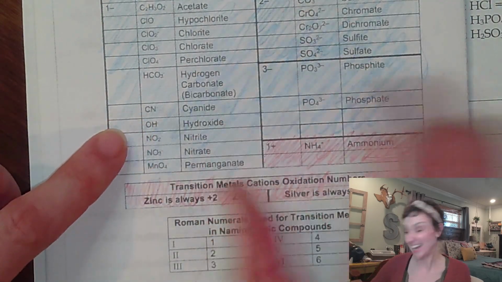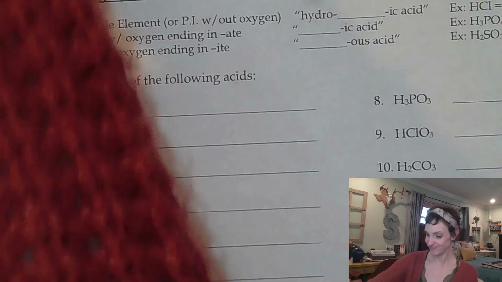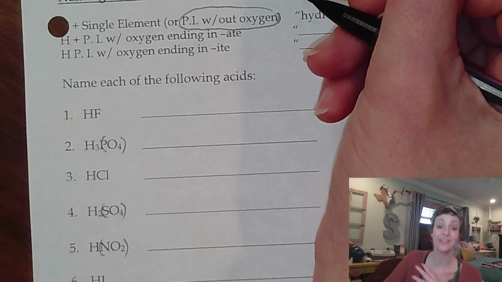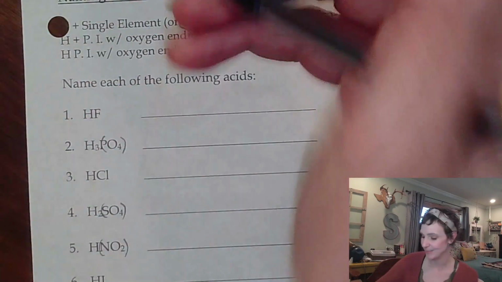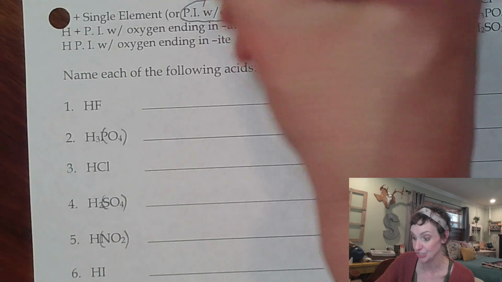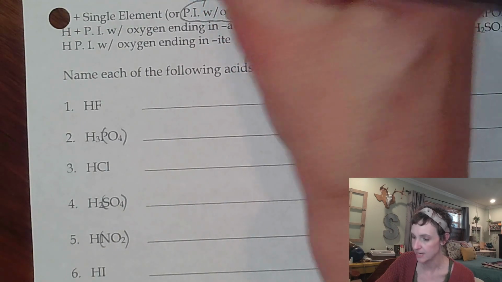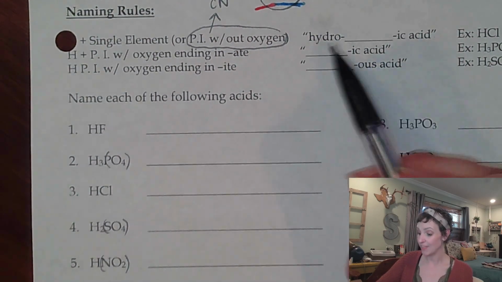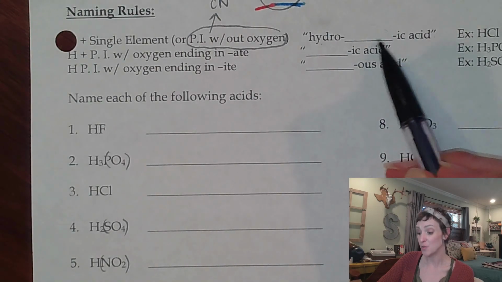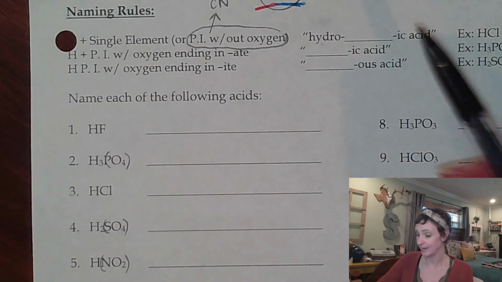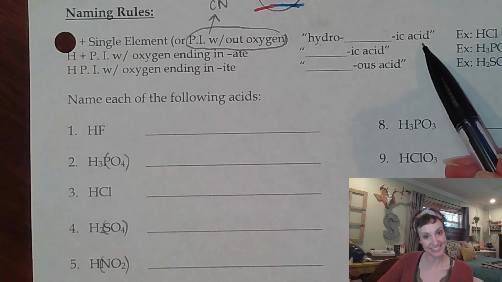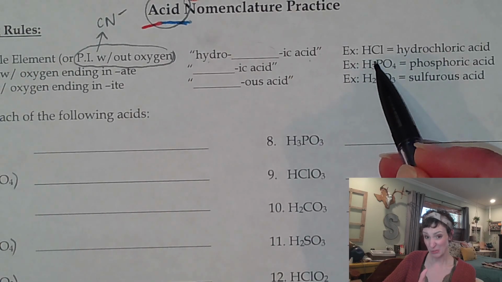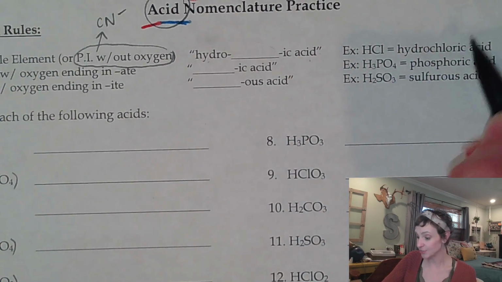So basically cyanide. So if y'all want to write that, polyatomic ion without oxygen. Well, for us, it's only cyanide. There are other potential polyatomic ions that do not have oxygen. We are just not going to be using them for our course. Okay? So if I have a single element off the periodic table, I come in hot with hydro. And then whatever the root is of that single element, ic acid. So for an example, HCl, that's chlorine, single element off the periodic table. I would call him hydrochloric